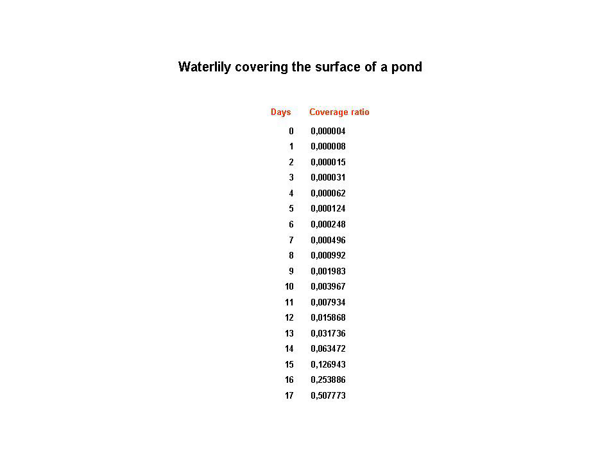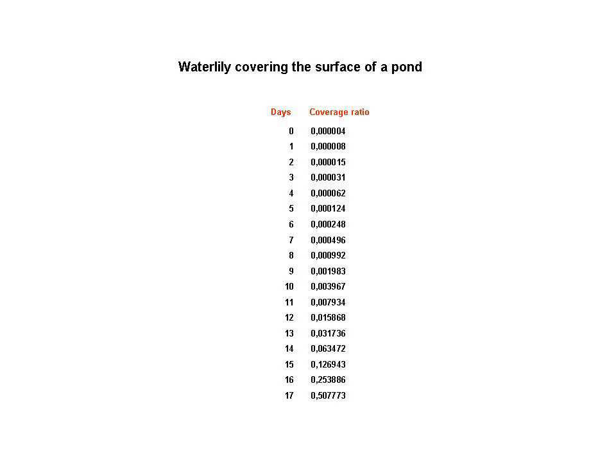If the whole pond surface is covered, the coverage ratio is 1. And if it's 0.5, it means half of the surface is covered. As you can see, it takes 17 days for the water lily to cover half the surface of the pond. So the question is, how many days does the gardener have before it covers the whole surface of the pond